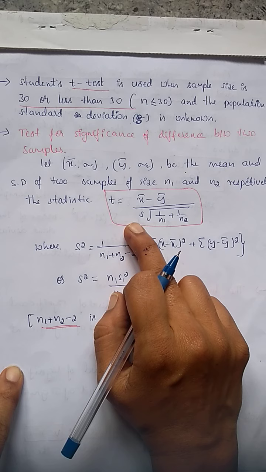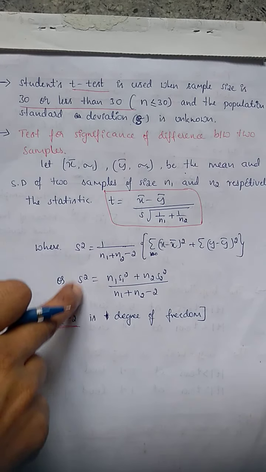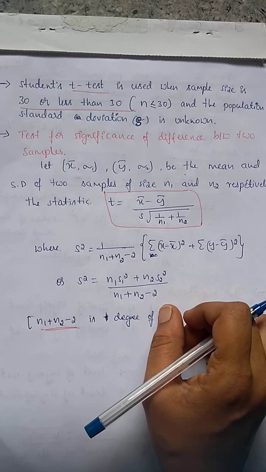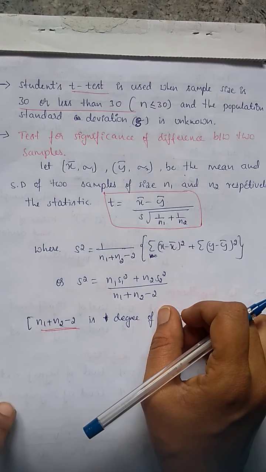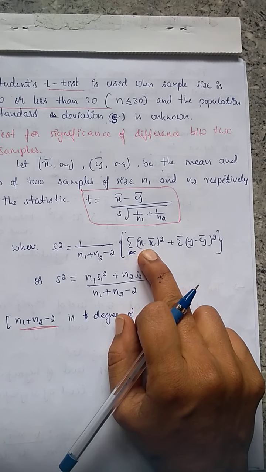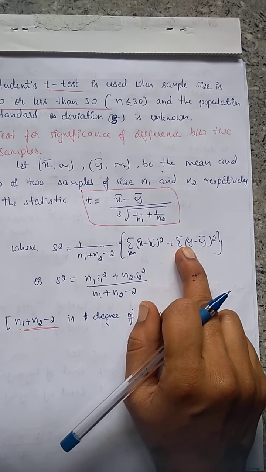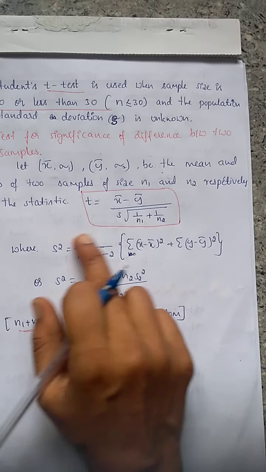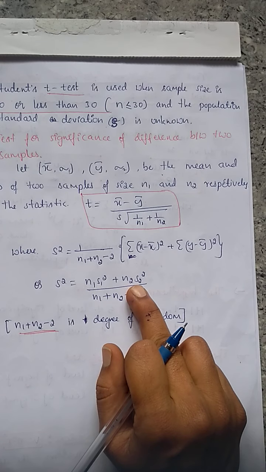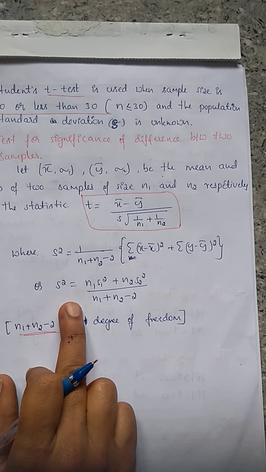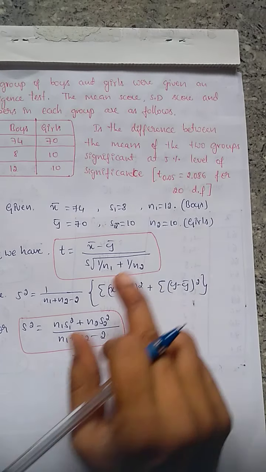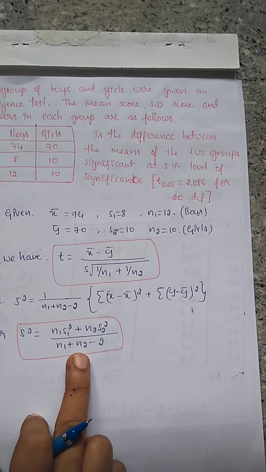The standard deviation we have to find out by using these two formulas. To find the standard deviation we have two formulas, and depending on the problem we have to choose a particular formula. When do we use the first formula? If you have x and y sets of values, x values and y values, we use the first formula. Suppose in the given question you have s1 and s2 standard deviations, we use the second formula. In this question we have s1 and s2 values, so I go to use the second formula.